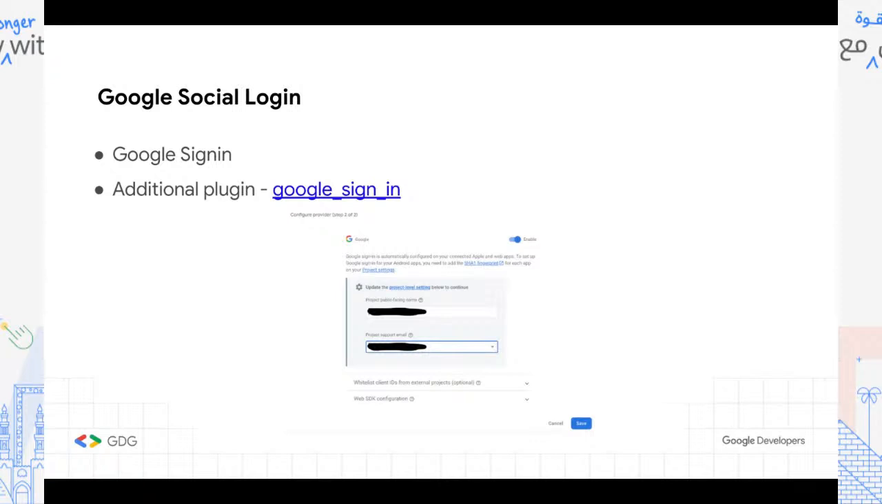additional extra authentication steps. Now, in order to use Google Social Login in the application, along with the FlutterFire UI plugin, I also have to use the Google Sign-in plugin. Only using Google Sign-in plugin, I can actually carry out Google Social Login. And one of the steps that I need to do in Firebase dashboard is to enable the Google provider. Once I'm done with that,